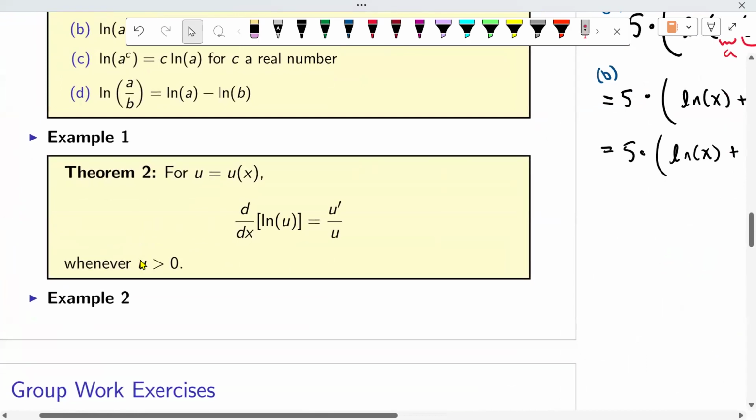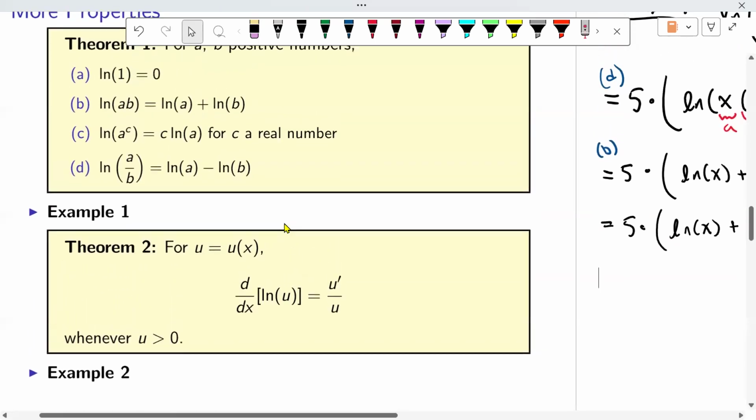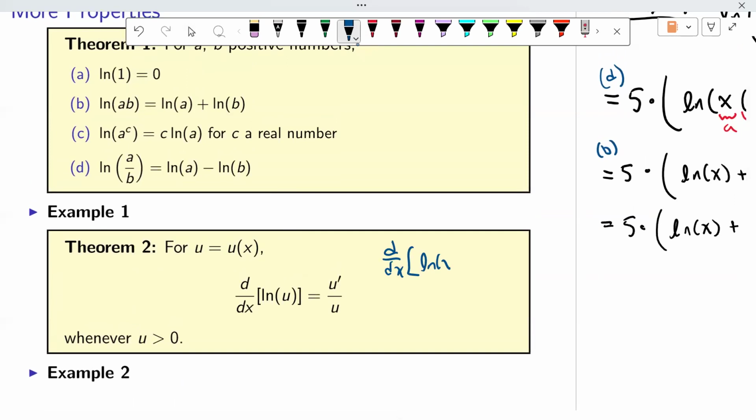So one of the most interesting things about the natural logarithm is taking derivatives involving the natural logarithm. It's pretty cool. And this theorem here really isn't anything special. It's just a version of the chain rule. It says that if you are going to take the derivative of ln of u, well, on one hand, we know what the derivative of natural log of x is. We did that earlier. We said the derivative of natural log of x is just 1 over x.